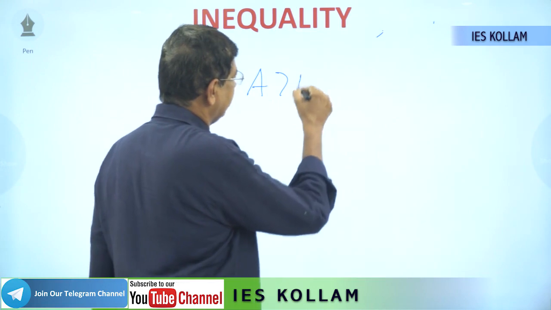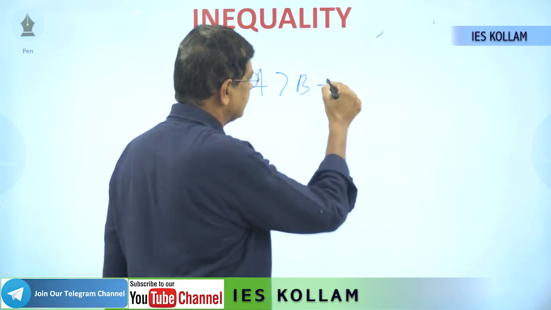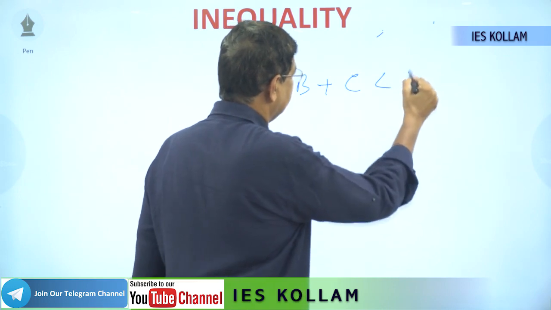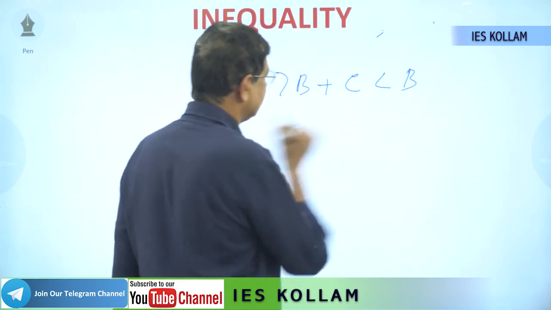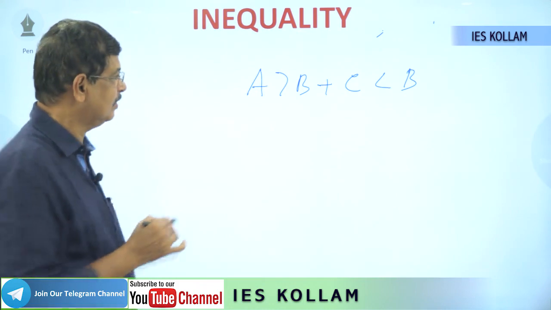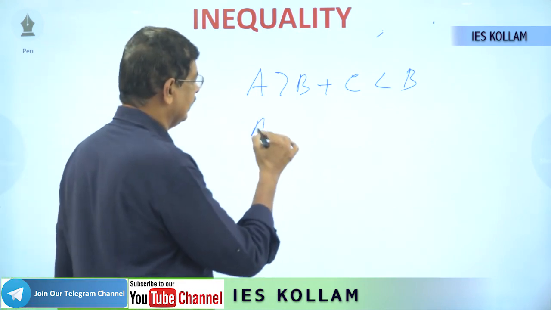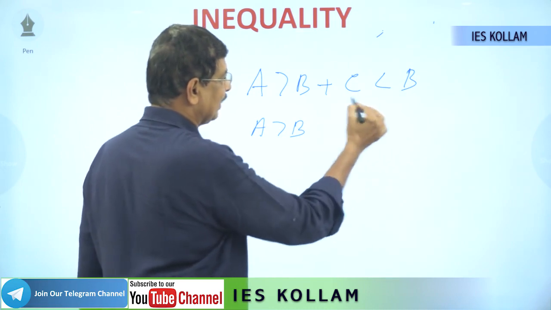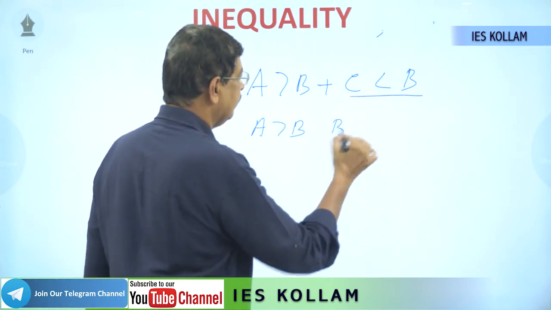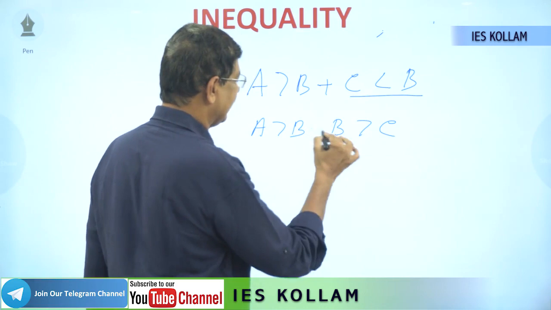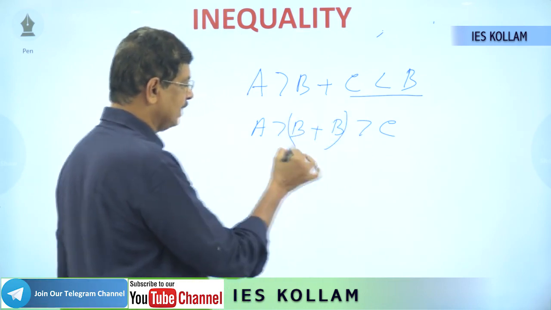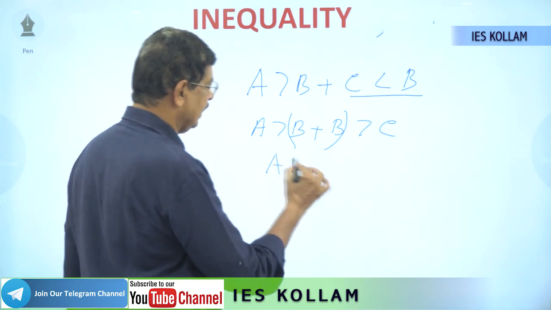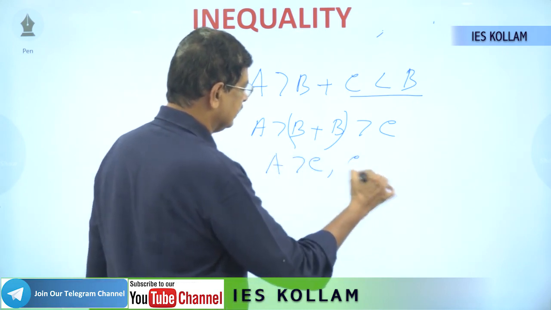A greater than B plus C less than B. What exactly is the result? What exactly is the combination result? Very simply we can do that. A greater than B, first one. Second, C less than B. This we can rewrite as B greater than C. Therefore, we can combine these two. Common term is there, symbol also same. Therefore, the resultant answer will be A greater than C